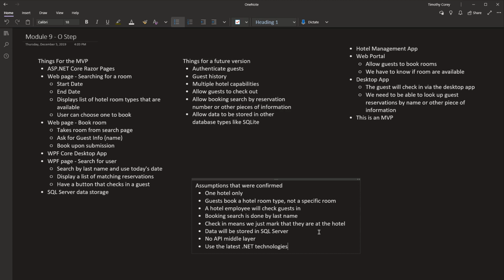Okay, so that's about it for the big picture stuff. This is our O step, the open up the requirements. We talked about the things that will go into this MVP, the things that are a future version, and also the assumptions we've had that were confirmed. All right, so the assumptions you have that aren't confirmed get thrown away. Okay, or you